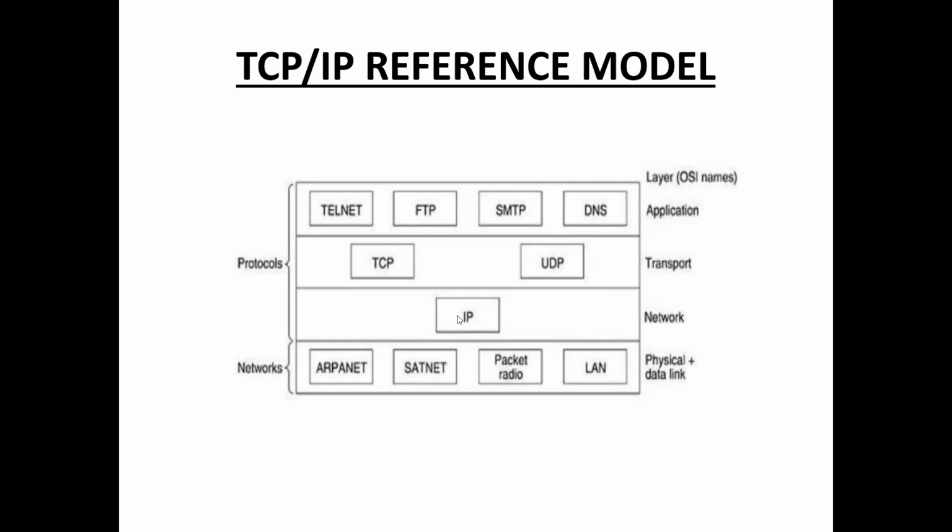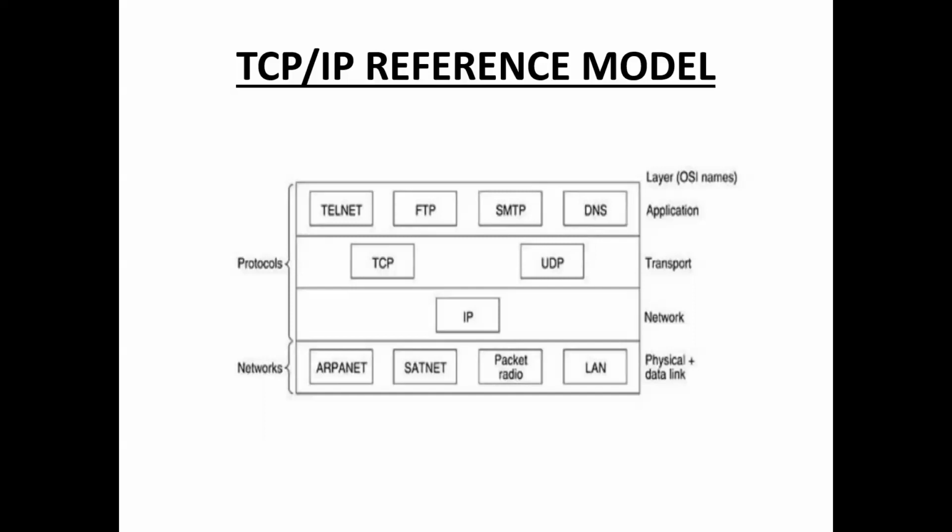The protocol in the network layer is IP, internet protocol. The responsibilities of the internet protocol are IP addressing, host to host communication, data encapsulation, fragmentation, and routing. All these are responsibilities of the internet protocol present in the network layer or internet layer. The main responsibility of the internet layer is to send packets from source to destination.